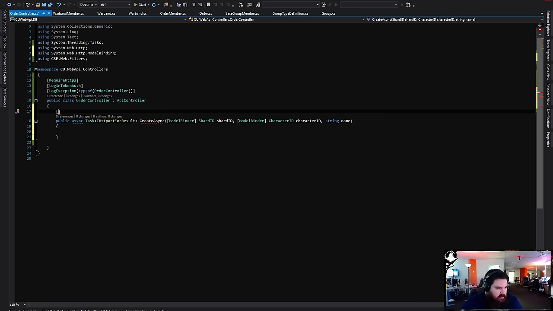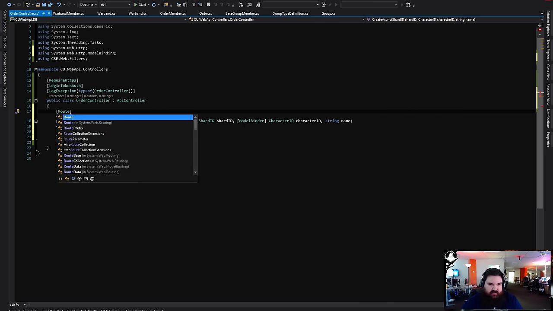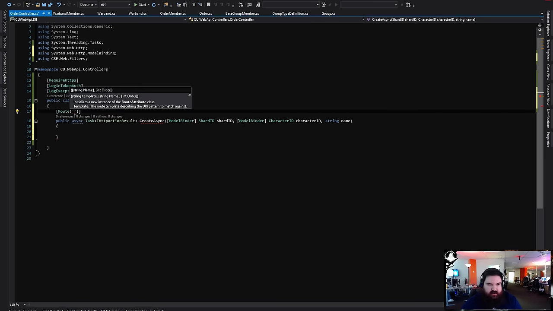Set the route to be, well, this is the versioned route, the unversioned route to be at /script/create order.